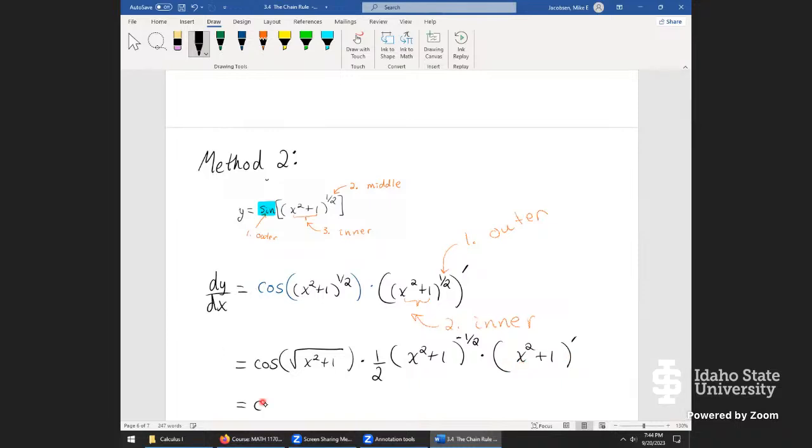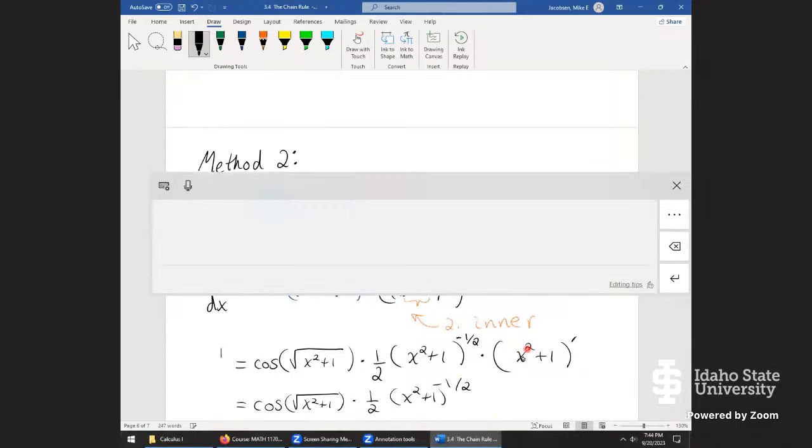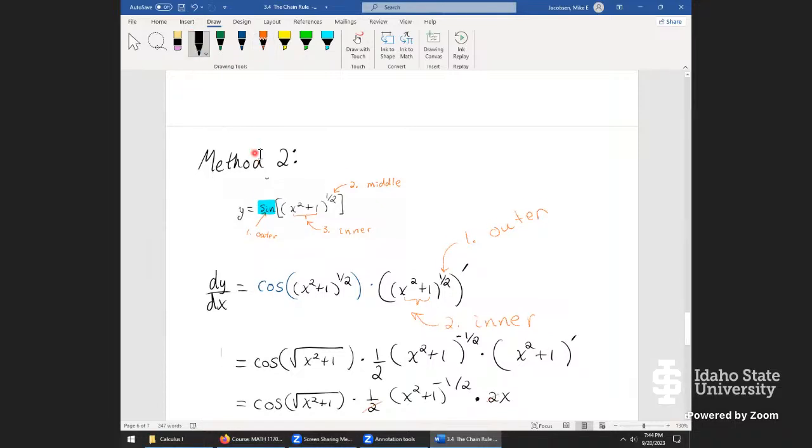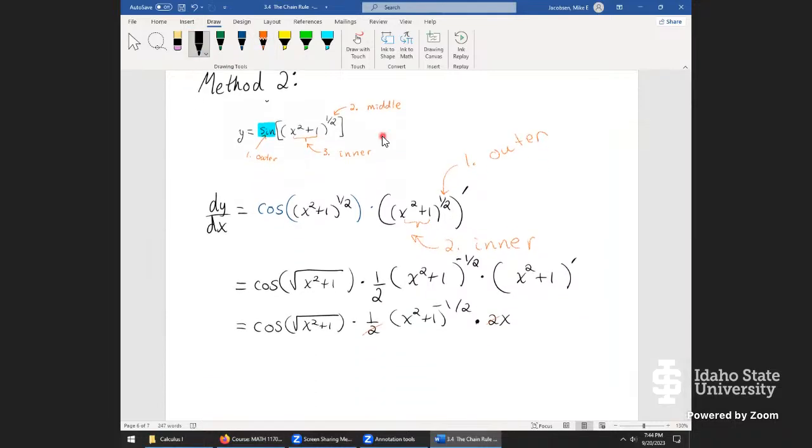And so our end result becomes cosine root x squared plus 1 times 1/2 times x squared plus 1 to the power of negative 1/2 times, here's the last thing. Now it's not copying, that derivative turns into a 2x like before. Then we get our same kind of cancellation. And here's our end result. We have now cosine